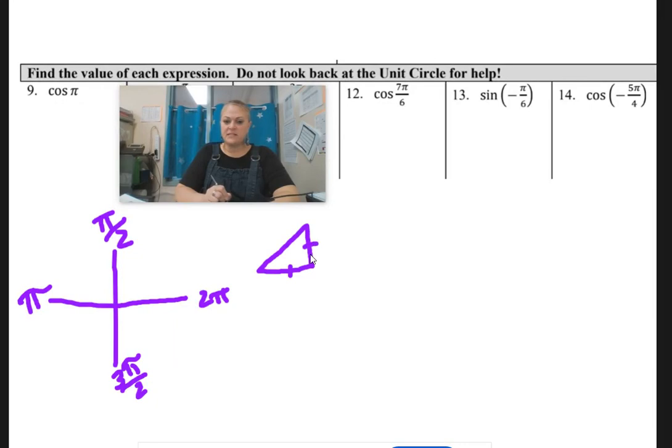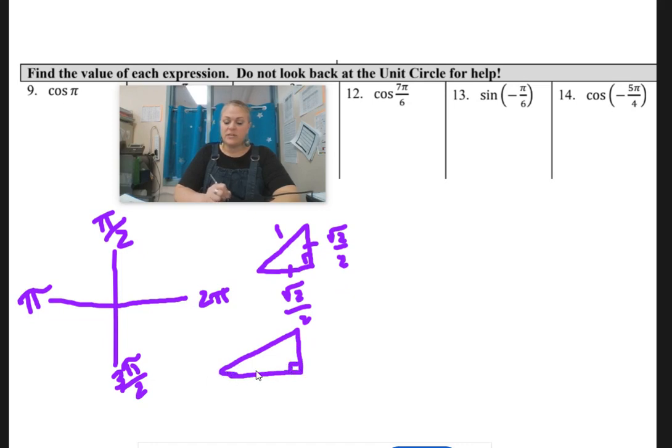If this is an isosceles right triangle, each of these legs would be square root of 2 over 2, square root of 2 over 2, and then of course, hopefully you remember that because it's a unit circle, we are dealing with the radius of 1. On a 30, 60, 90